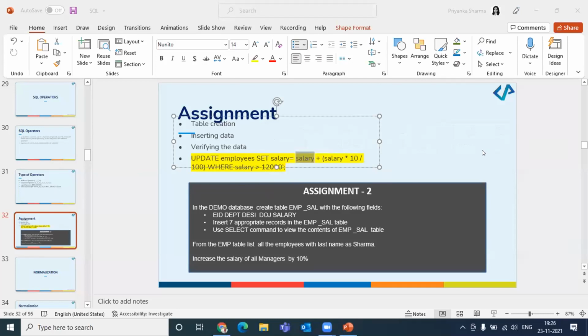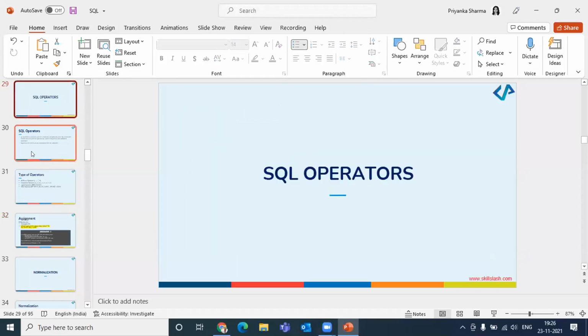So you can use alter table, you can use update, different commands you can use in order to achieve this. So what are we trying to look at? We are trying to understand how different queries can be fired onto the backend or the database in order to achieve the different things. Okay, I hope it's all clear. Any questions? You can ask me questions from this assignment if there are any questions. Okay, so update is the command which will help you to update the salary, increase the salary.